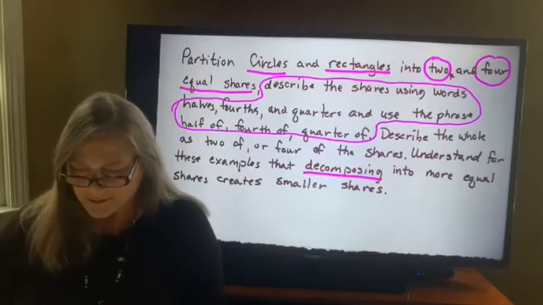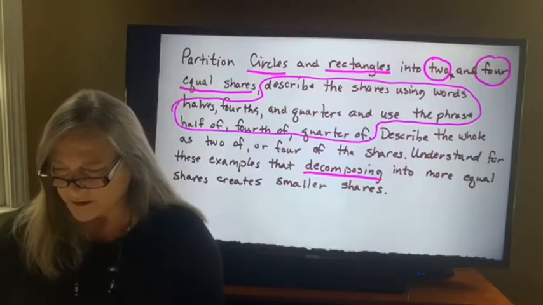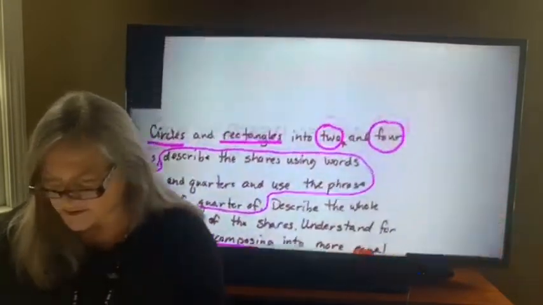So let's go through this standard then with an actual activity. I have some squares or some rectangles and some circles. I have some circles here, some rectangles. Here's another rectangle, and then we have some small circles. Excuse me, I'm going to put this piece of red paper so that you can see. So let's look at this. So remember